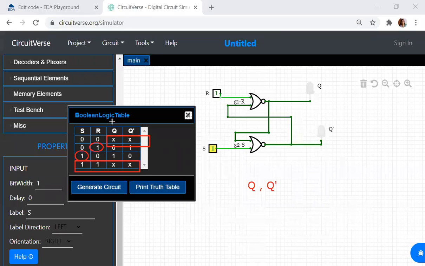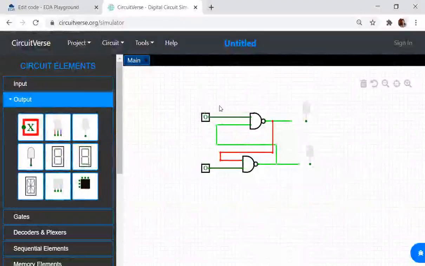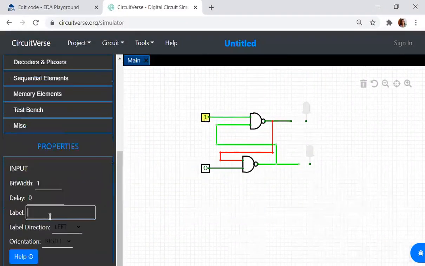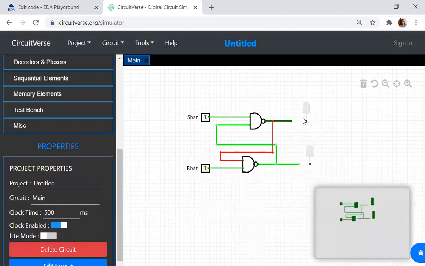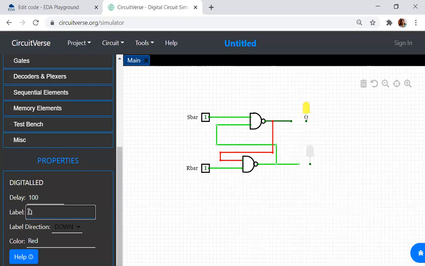Now we have to do it using NAND gate. For a NAND gate, this variable will be an S bar, this will be an R bar. So let me label it as S bar and let me label it as R bar. You'll come to know why this title is given as S bar and R bar. Now this one, let me label it as Q. I have not connected it since I want to explain how the working is there. Then later I will connect. Q bar.